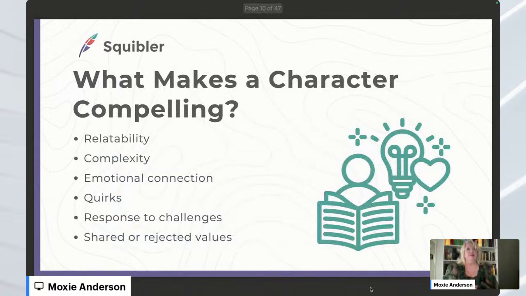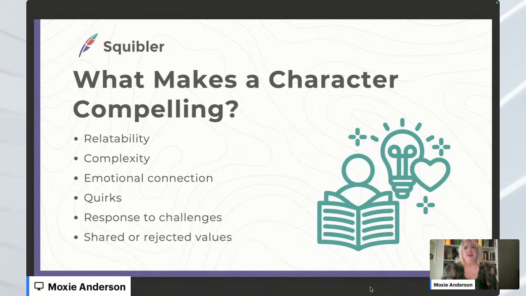So what are some things that make characters compelling to us? We do like to see characters on film and read characters in books that are relatable to us. We do like them to be complex, not just a stereotype or one note. It's often important to make an emotional connection with a character as well. We like to see how characters are going to react to situations that we might not ever face. We're also interested in quirks that make us unique. Everybody is unique, and we all have things that we do that are unique to us. And some of those can be kind of odd. Those are fun to include with characters as well.